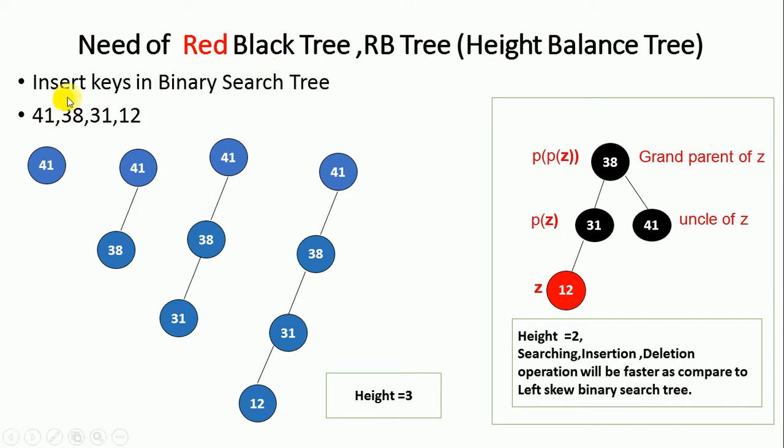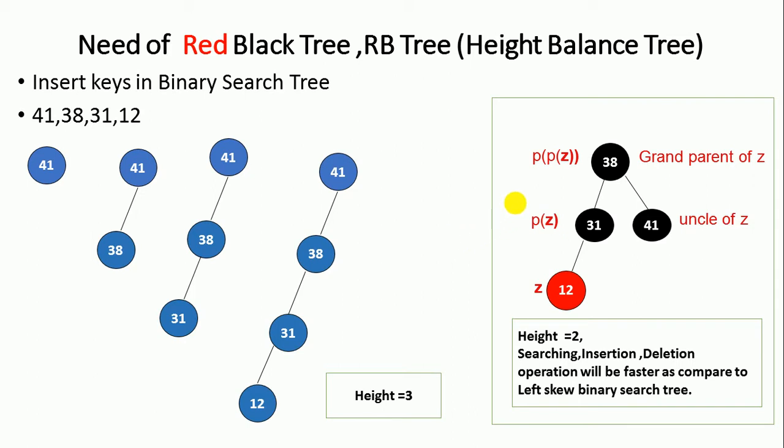So in this slide, you can see that there are four keys: 41, 38, 31, and 12. If we use a binary search tree to insert these keys, we will get a left skew binary search tree. If keys are inserted in a left skew binary search tree, or if we are getting a right skew binary search tree, then the complexity of insertion, searching, and deletion will be order of n, and we can improve this complexity from linear order of n into logarithmic, which is log n base 2, by applying the AVL tree or red black